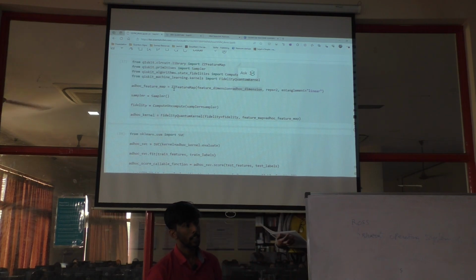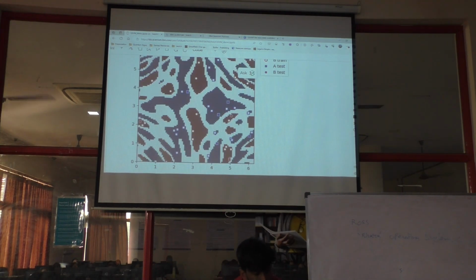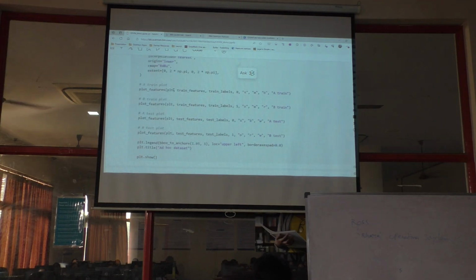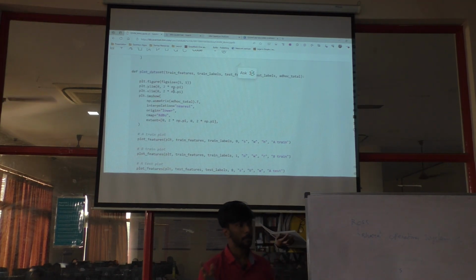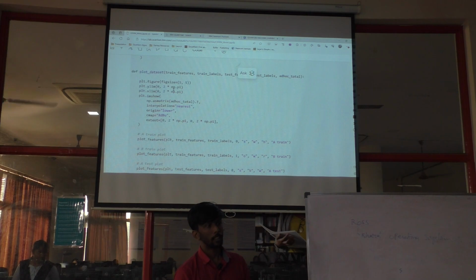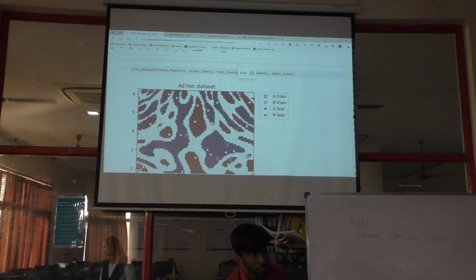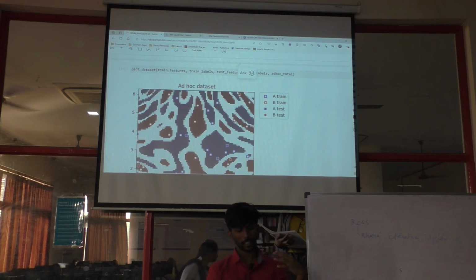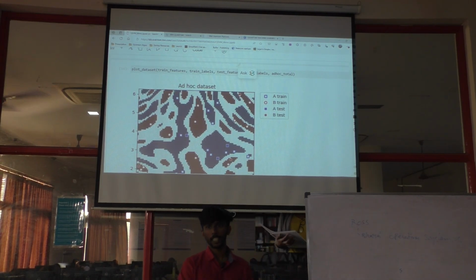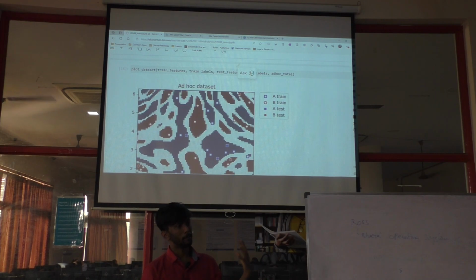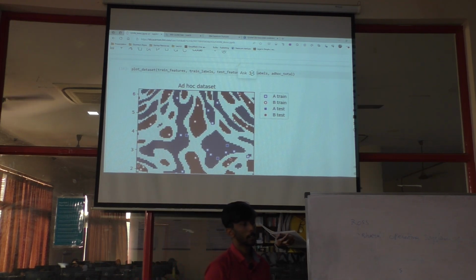The data is a simple 20 data points, a random data set that we have created. Two features. Nothing much into it. It's the simplest classical machine learning task.